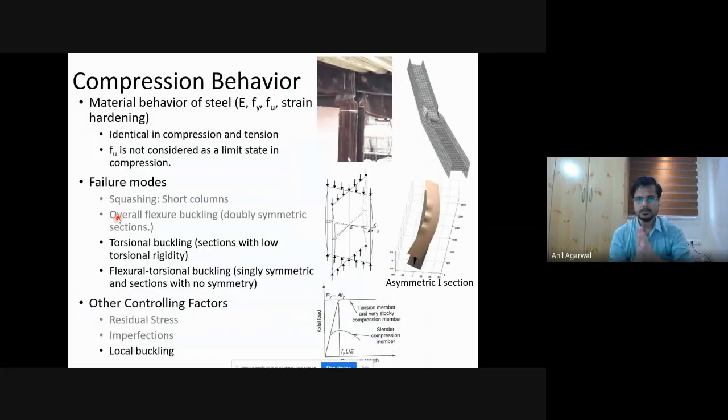So residual stresses we have discussed in detail. Imperfections, we had developed a formulation, and that also points us to the current provisions in the Indian code, how the imperfection effects are incorporated. Then the third effect that I have talked only briefly about is the local buckling effect. So local buckling effect actually we have discussed briefly.